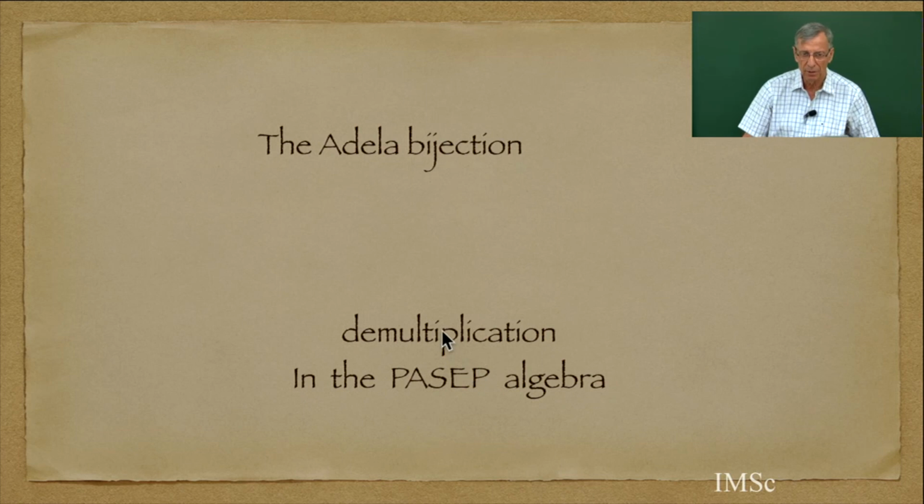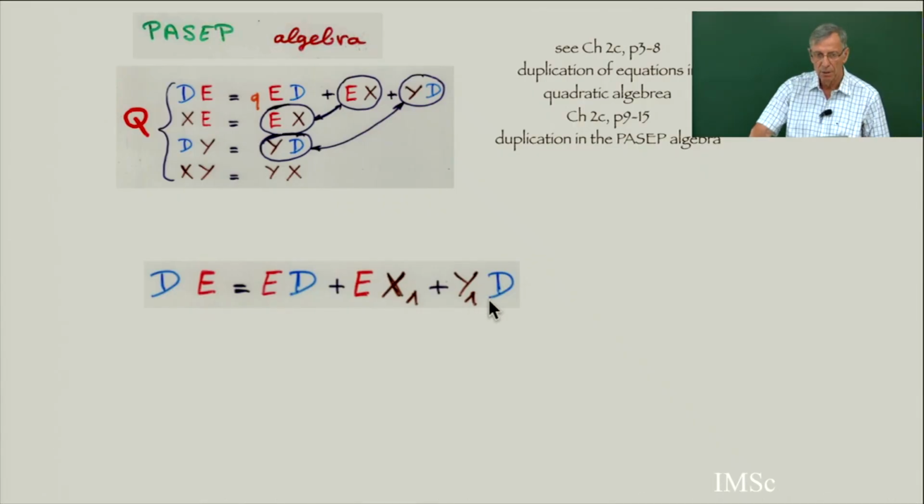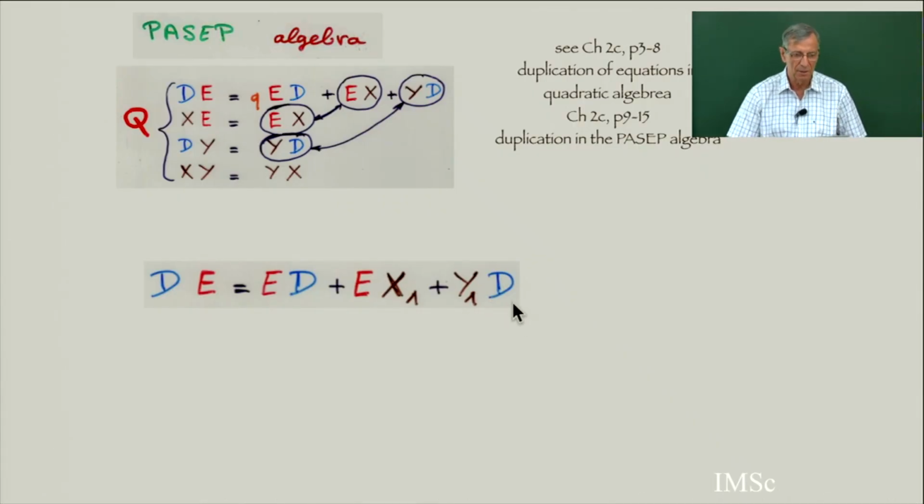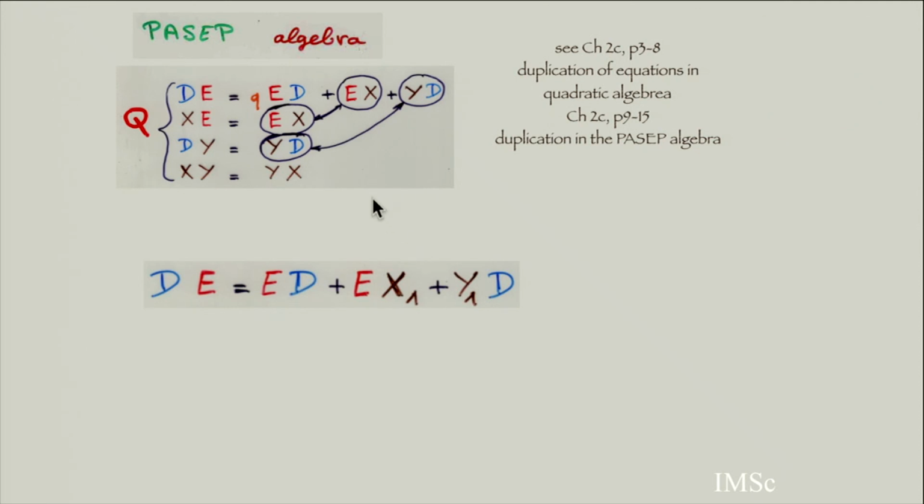So what we have done is a special case of what I call the Adela bijection, in the case of permutation, an alternative tableau. If you remember, there was a technique of demultiplication of equation to try to find a reciprocal of the Q tableau. You have an algebra, the quadratic algebra, and you put some colors to reduce the label from complete Q tableau to a Q tableau. So putting three colors, you get the alternative tableau.